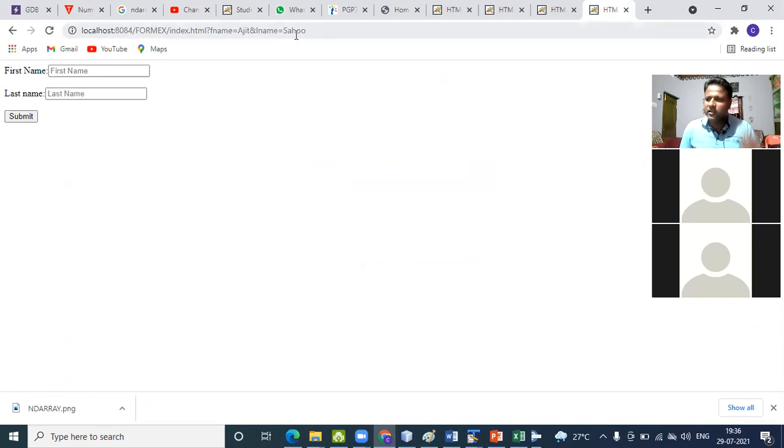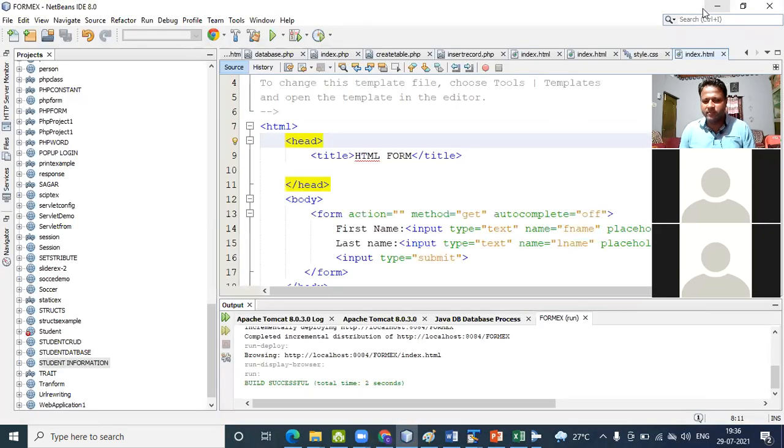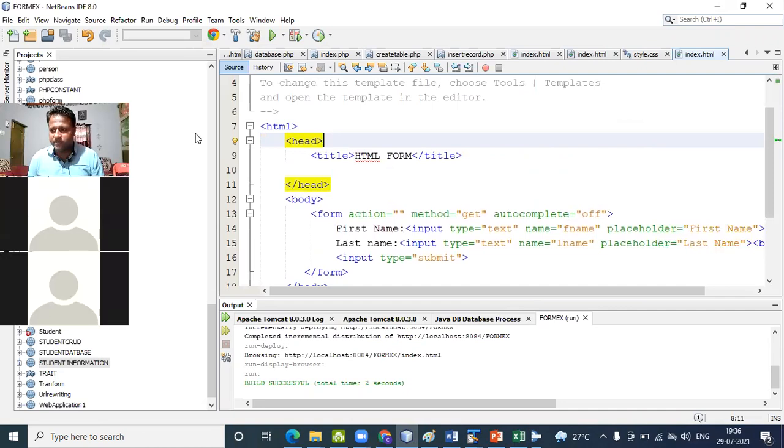In the similar way, if you are passing the ID and password and you are using the get method, the ID and password is visible in the URL. So it is suggested that you use the post method if you pass security information, like your login information or any kind of security information. Okay.